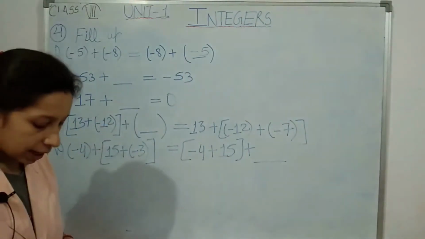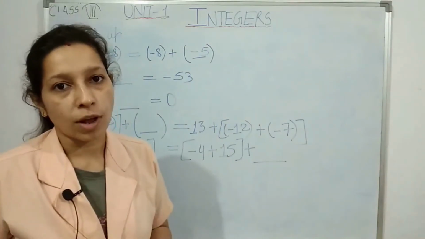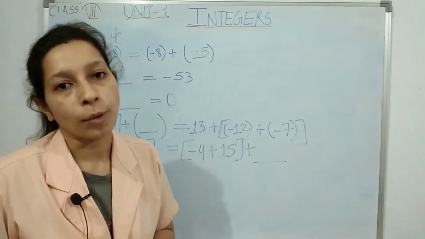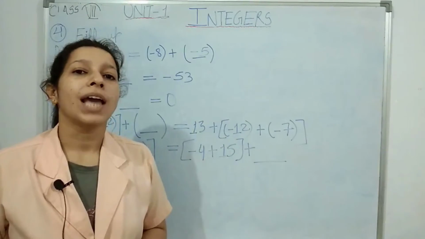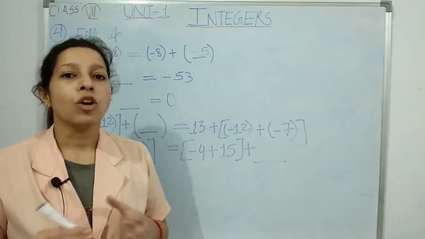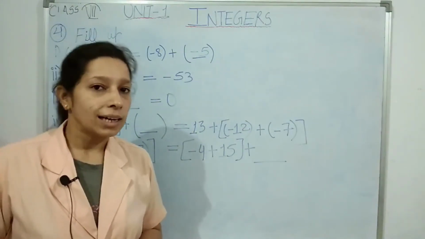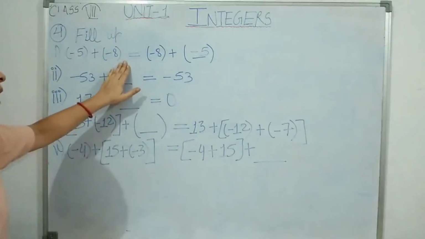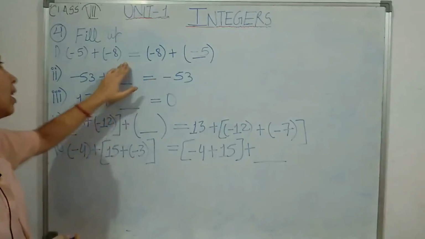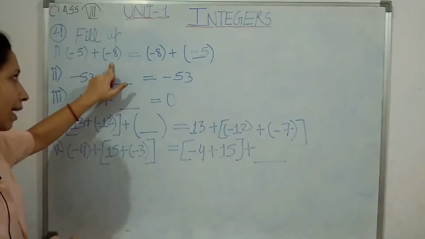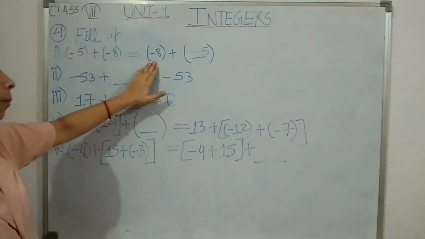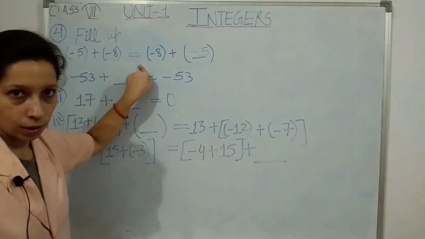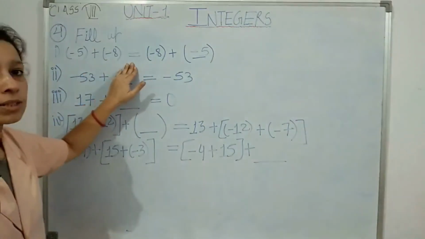See, we have studied in our first introduction video one property named commutative property. In that property I have explained to you that under commutative property we can add integers in any order, the result will be the same. So the same property is applied here. Here minus 5 plus minus 8 was given. I changed their order, but the result will be the same only. Clear? So now the statement is true.